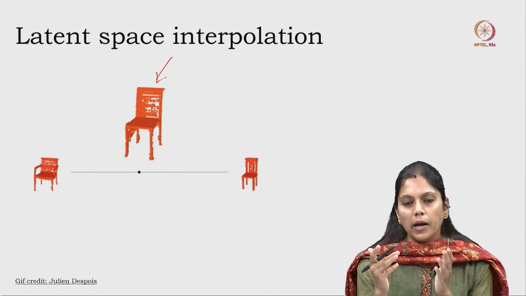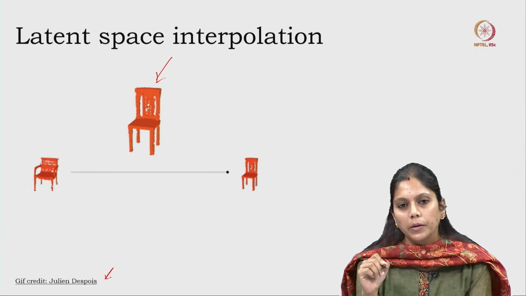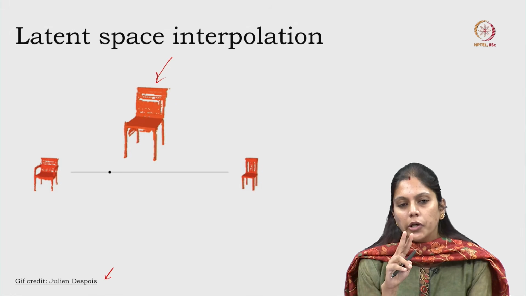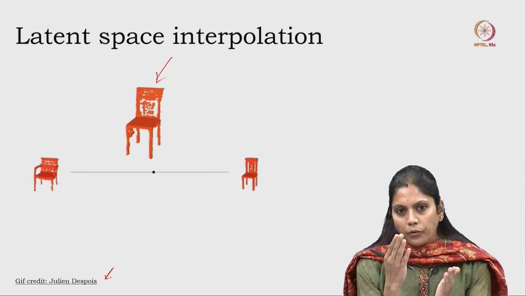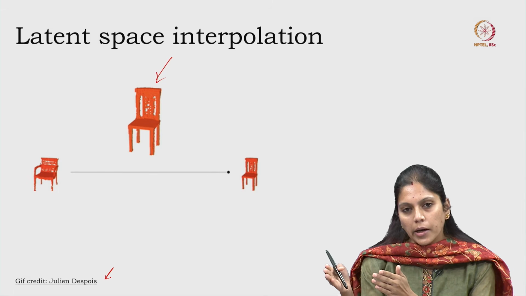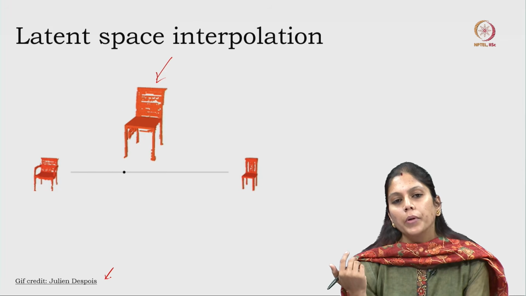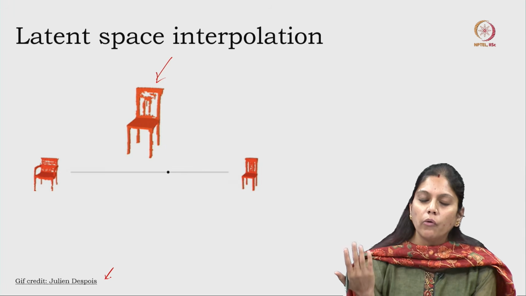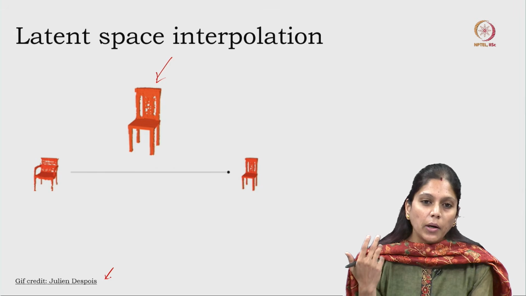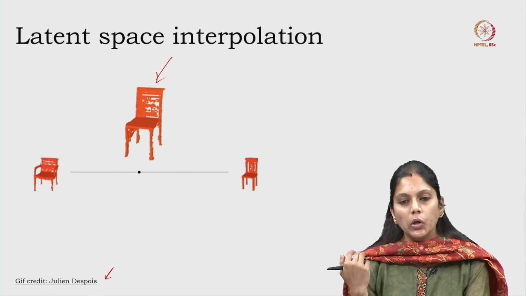For a better understanding, I have taken this from an internet source. I give complete credit to this particular author. As you are changing, you are getting different variations, and towards the end, is it not moving closer to that particular second image? So, this is latent space interpolation. It is one of the important applications, especially whenever you are working on applications where you do not have intermediate data, but you need to analyze that intermediate data also. Then latent space interpolation is a very good concept